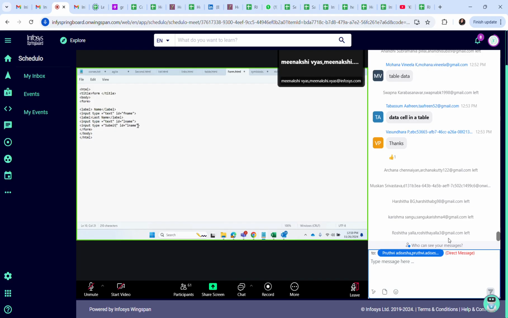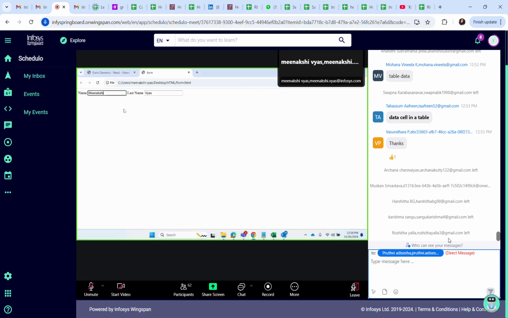So when I'm writing submit, you can ignore this id right now. Sorry, input type equal to submit. So this submit button will appear. See, this kind of button is coming right now.